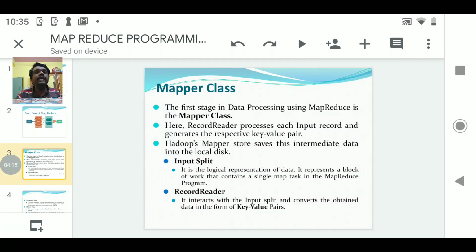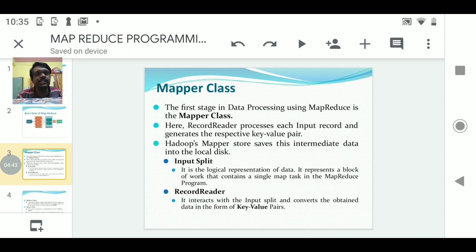Here we need to understand that the first stage in the data processing is the mapper class. Any class should extend the mapper class, so your class becomes a subclass of the mapper. Here we see that the record reader processes each input record and generates a key value pair. This key value pair is stored on a local disk.